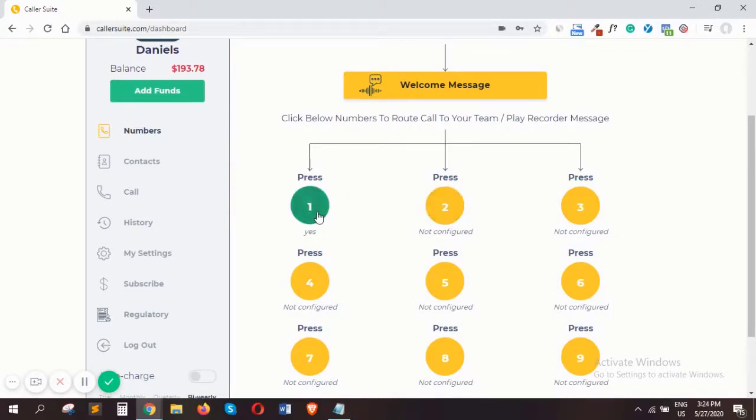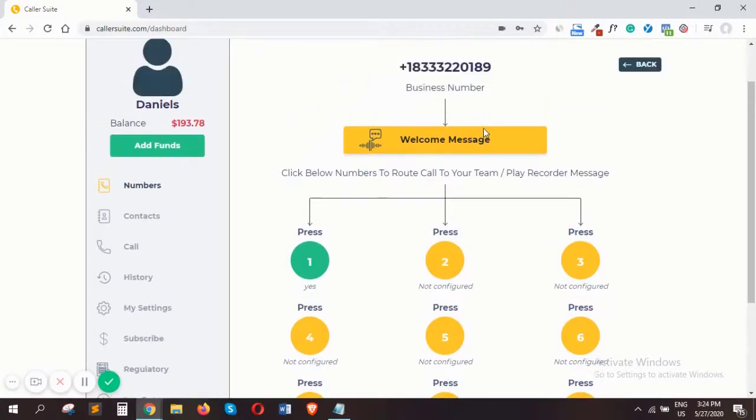So we're basically configuring the 3 numbers because, remember, we gave options in our audio file for pressing 1, 2, or 3. So in order to configure number 1, we click on 1,